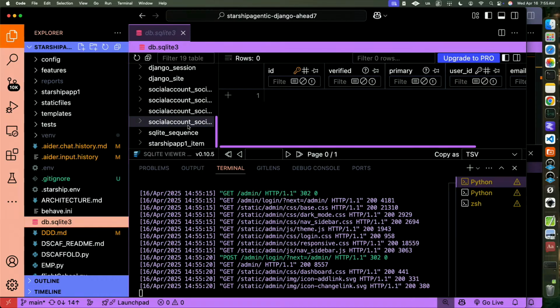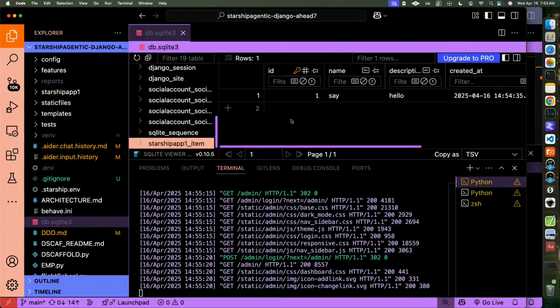So we would have something like items, and here's my say hello item. So anyway, very easy for us to kind of give you a cookie cutter Hello World start to whatever tech stack that you want. This is just one example tech stack, but you can see how